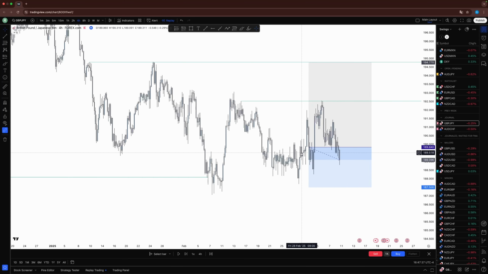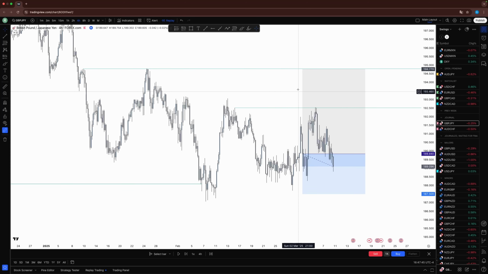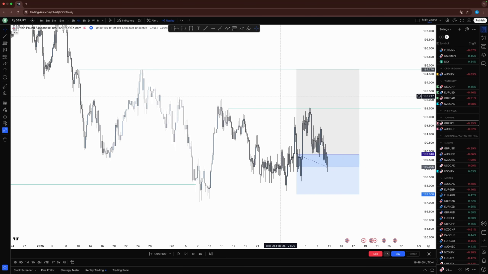We create another little accumulation, stacked lows here, and in hindsight I wish I would have waited for a better entry here to make the trade get over with it quicker. But in the end, we do the same as here, right? We put a lot of equals here, we sweep the equals and push out. A lot of equals here, sweep the equals, push out. Closing above this high,